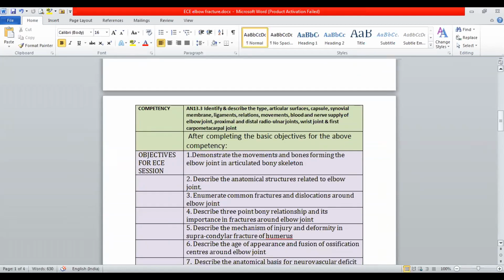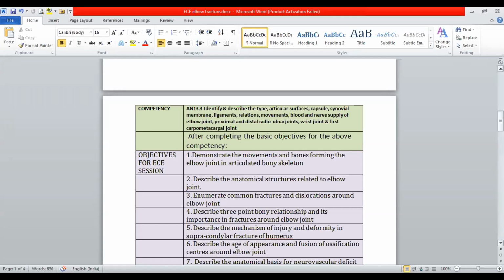So the objectives which we have framed for this ECE session regarding the clinical aspects, and we have assumed that basics which are required for this competency have already been covered. So the objectives are, at the end of the session, the students will be able to demonstrate the movements and bones forming the elbow joint in articulated bony skeleton, describe the anatomical structures related to elbow joint, enumerate the common fractures and dislocation around elbow joint, describe the three-point bony relationship and its importance in fractures around elbow joint,